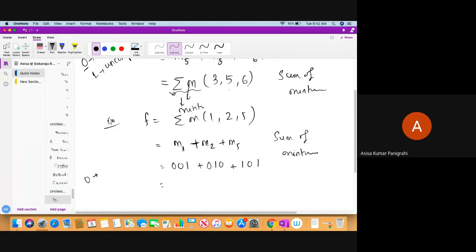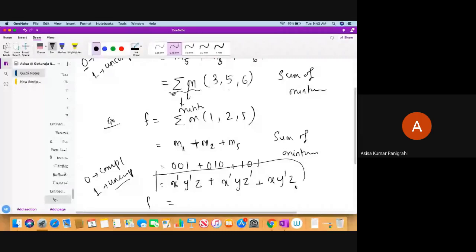Now what is min terms? In min terms, 0 is represented for complement form, 1 is represented for uncomplement form. So for 0, you make complement form. Let's say this function is x, y, z variables. Then make it x bar, y bar, z. 1 means uncomplement, so z. Similarly, x bar, y, z. Similarly, x, y bar, z. Then finally, you can express this as my function. So you can convert function to min terms and min terms to functions. This is the way. I'll give you one more example.